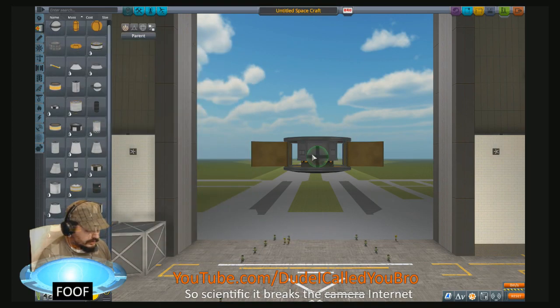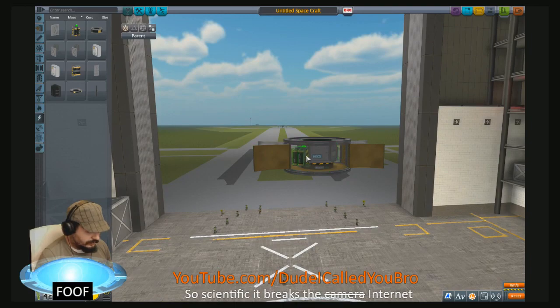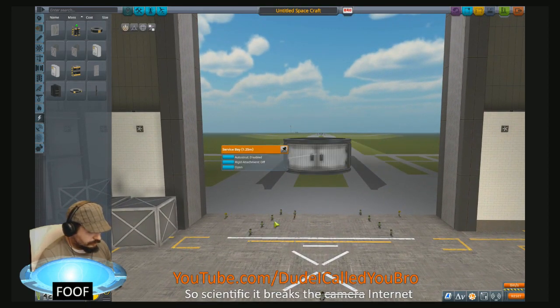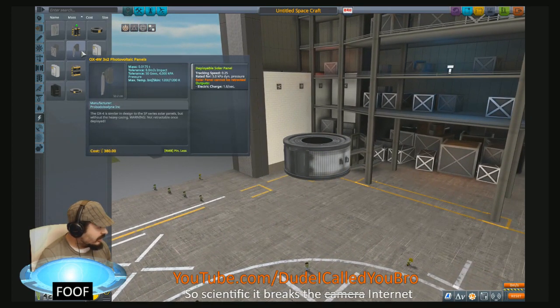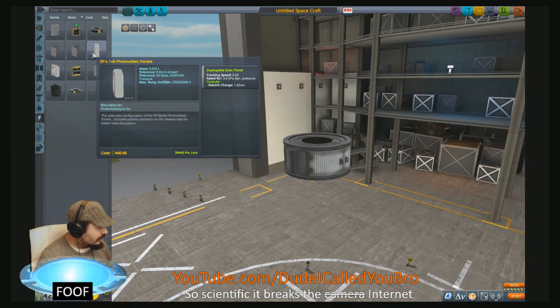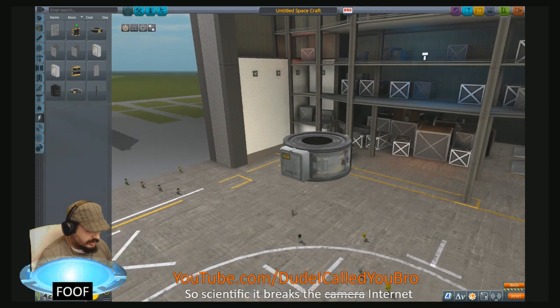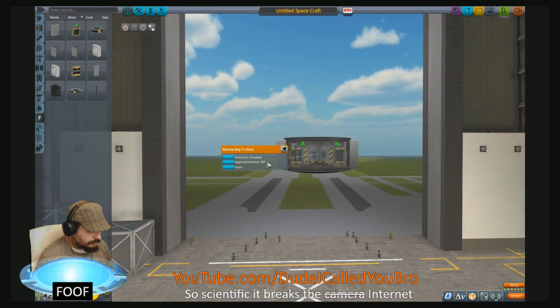Okay, let's put... You know what, let's not even do those. Let's just put batteries. The cheap batteries. Okay. That's fine. We can put a pair of solar panels. We're going to be trying to land this thing so we could use the repackables just for the sake of it. And we can put